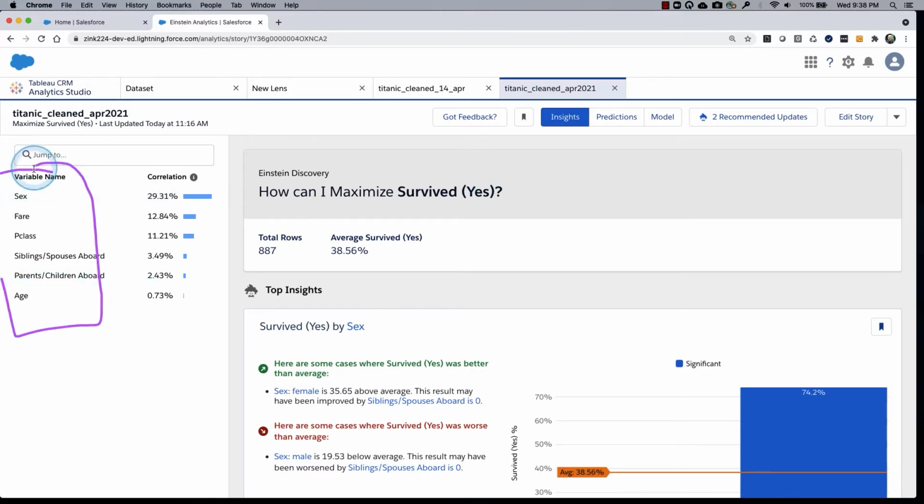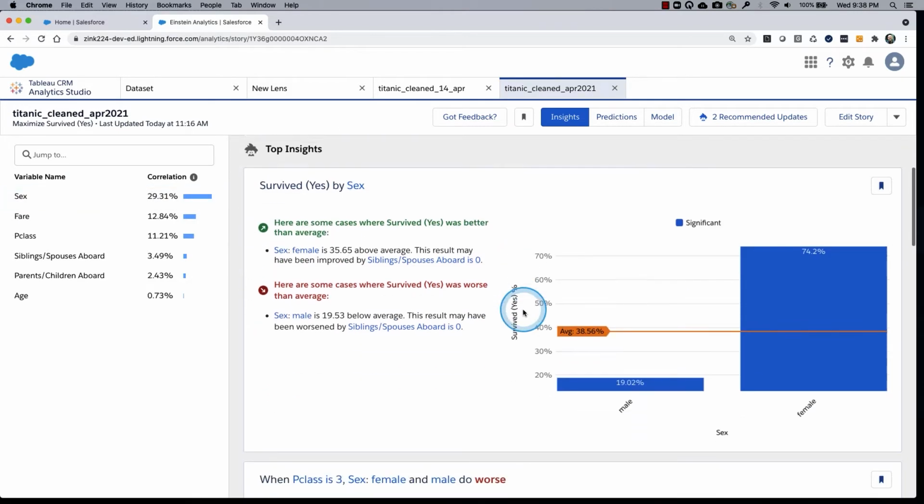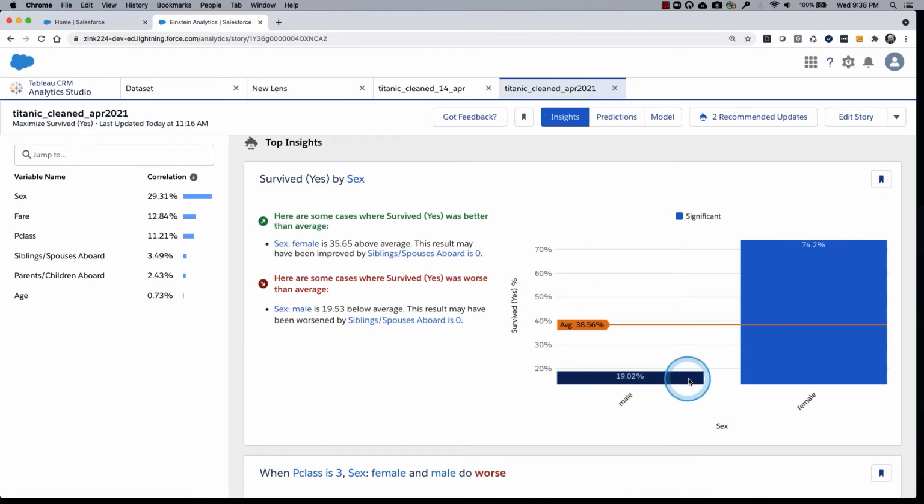I said auto select, it selected all of them. The first one, sex, is the biggest correlation. Sex explains, that's the biggest factor, the biggest impact on survival, yes or no. And right there,